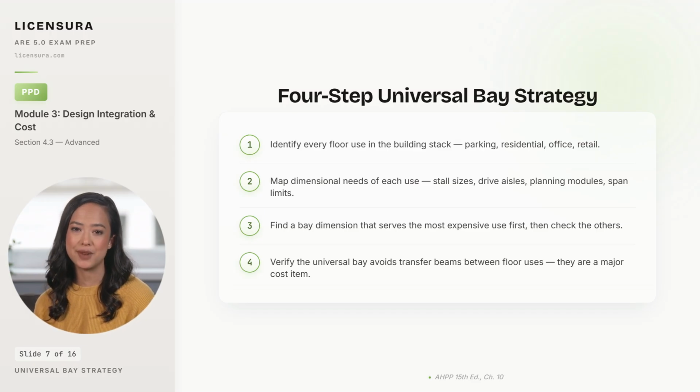Third, find a bay dimension that serves the most expensive use first, usually parking, because parking has the least flexibility on stall and aisle dimensions. Then check that the bay still works for the residential or office uses above. A bay around 27 to 30 feet often lands as a workable universal dimension for parking plus office or parking